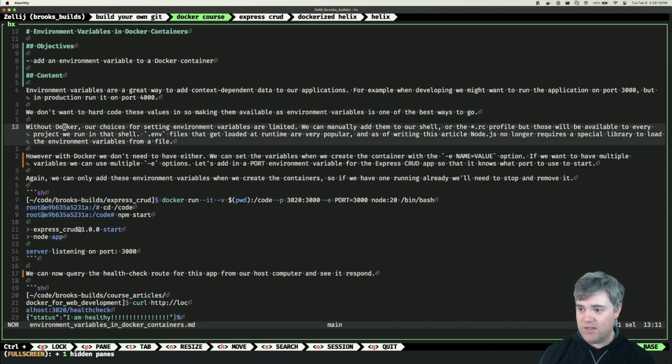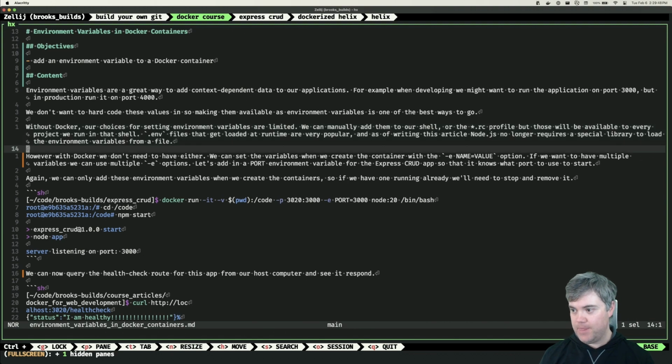Without Docker, our choices for setting environment variables are limited. We can manually add them to our shell or the .rc profile, but those will be available to every project we run in that shell. .env files that get loaded at runtime are very popular, and as of writing this article, Node.js no longer requires a special library to load the environment variables from a file. However, with Docker, we don't need to have either. We can set the environment variables